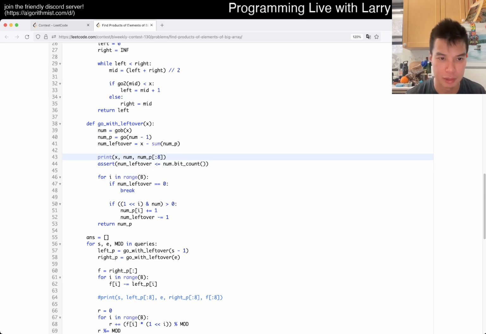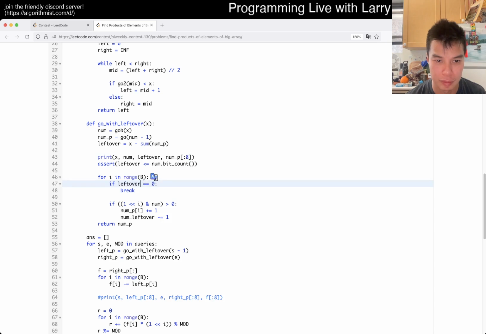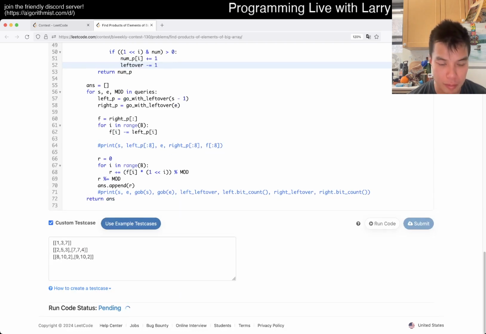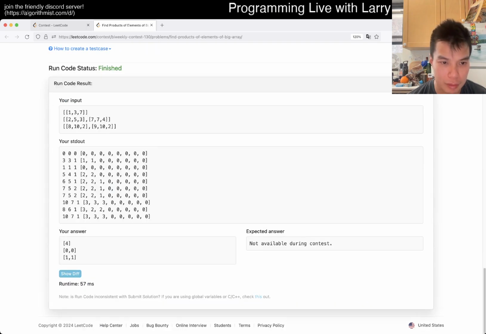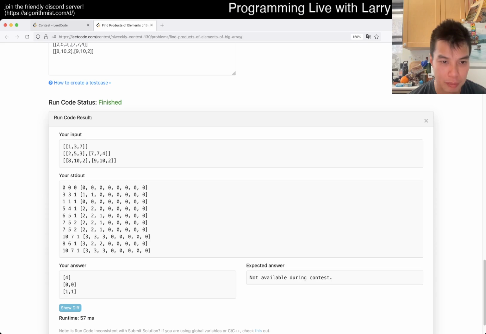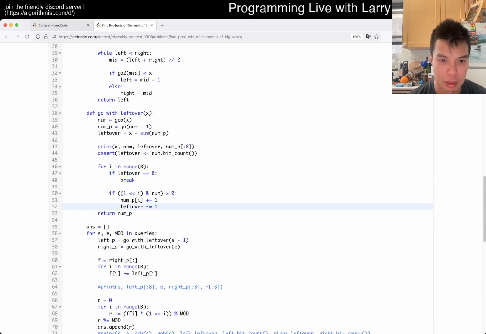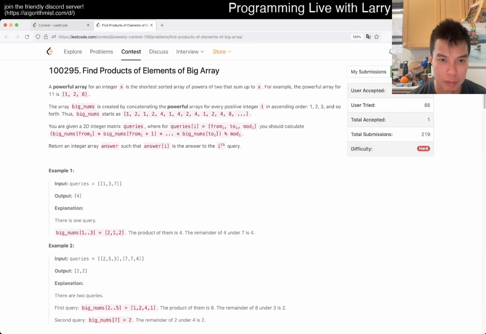I'll just go leftover. So we have 7, we have 2 numbers left over. So we're off by 1 is why, on the number,